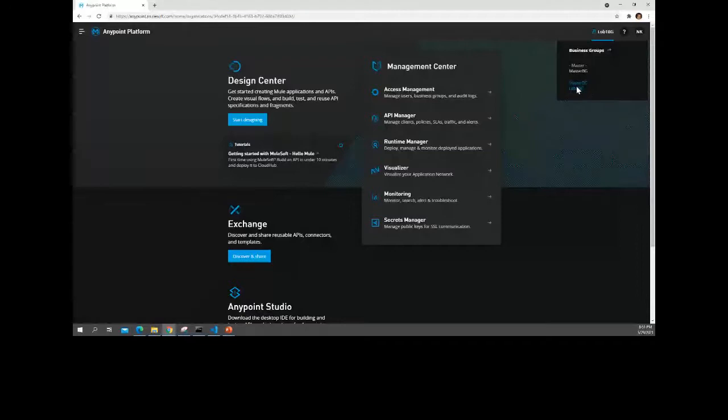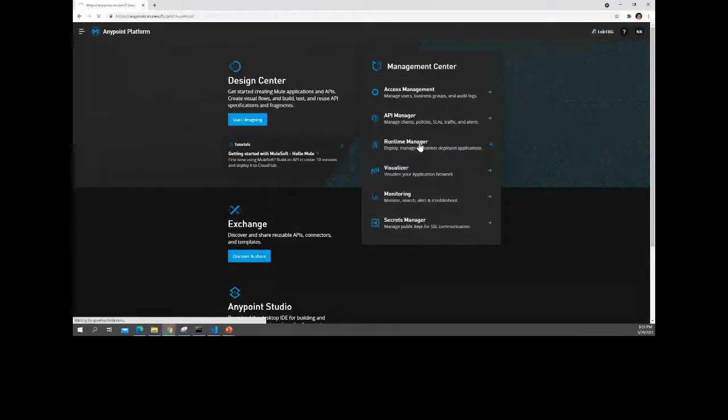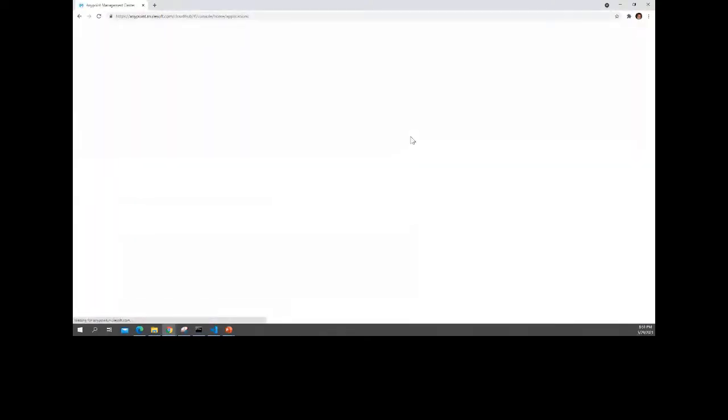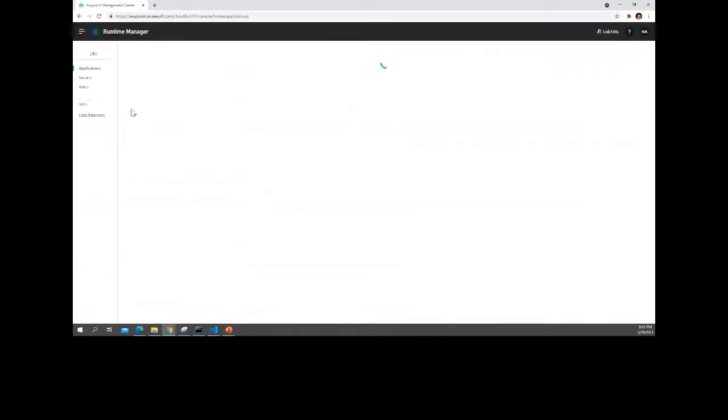So take a use case that you have a client who has multiple lines of business. Among them, they would be holding one master organization, MuleSoft. Below that, say, for example, you have LOB1, a particular LOB, so you would create a business group. I'm not going deep inside what a LOB is or what a business group looks like, how you segregate it. That's an altogether different topic. But from that, first, let me quickly jump to Runtime Manager, where you can see the deployment whenever you upload a jar file, where it goes and how it looks.